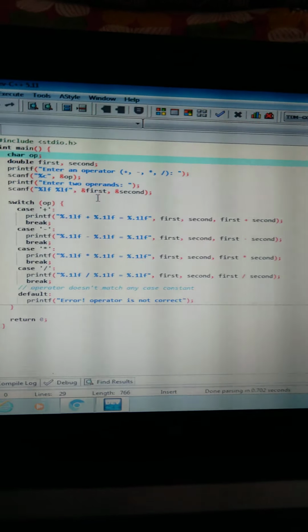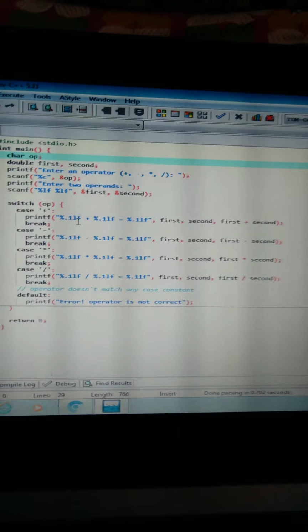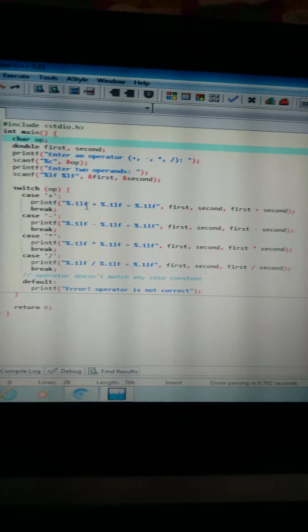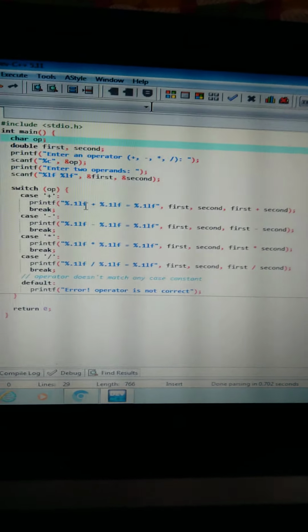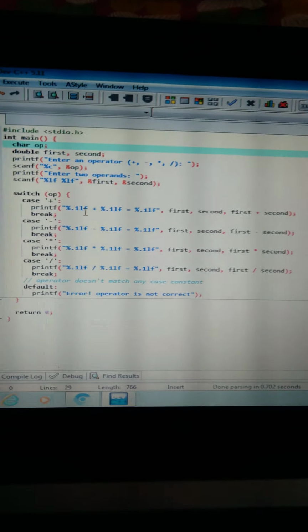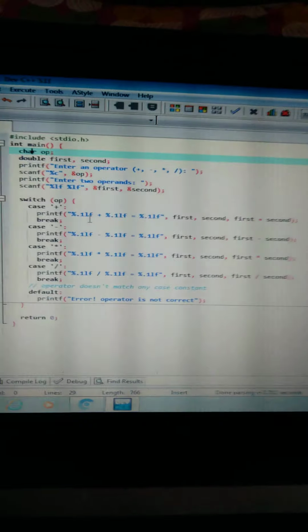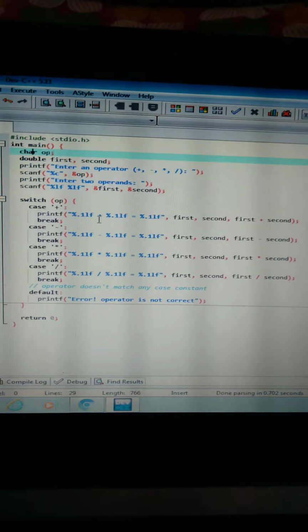These scanf statements read the operator and operand values. In the first case, if we take a plus operator, it accepts the first operand, which takes one digit after the decimal point. If we enter 2, it takes it as 2.0. Only one digit after the decimal point.